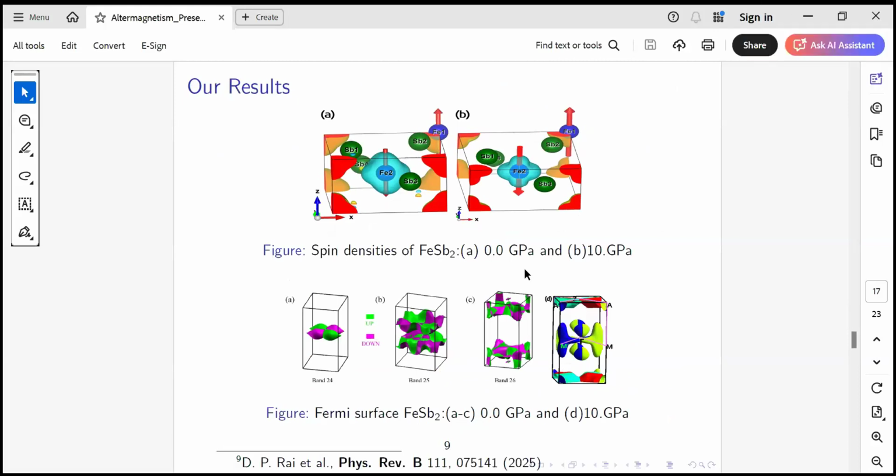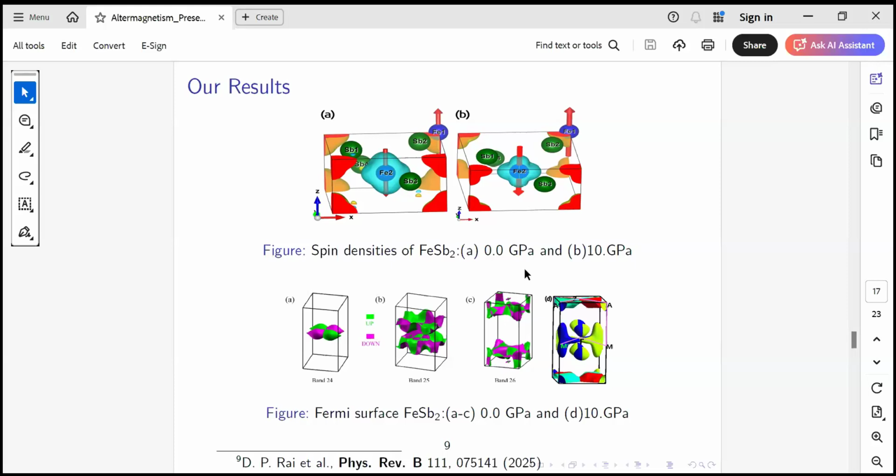Okay. So what we have done is the calculations of FeSb2. The first thing was the choosing of the materials. We found this FeSb2, which looks similar to RuO2, the prototype material, and it has a similar structure.